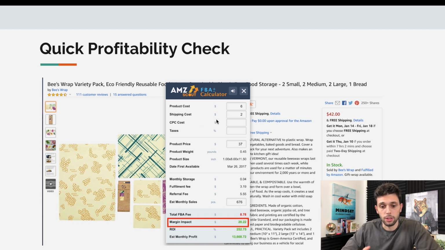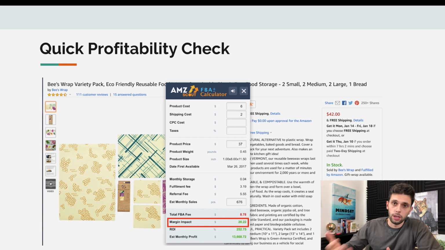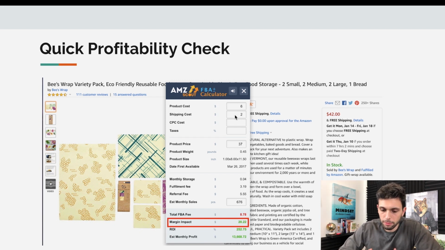If you guys watch the channel, you know that I love to do this to see if the product's going to be able to turn a profit. But the good news is that since the product was $42, there's a lot of room to play with. So let's say the product was $6, and that was just a total guess. It said $2 to $4. I always go a lot more than that just to be safe.